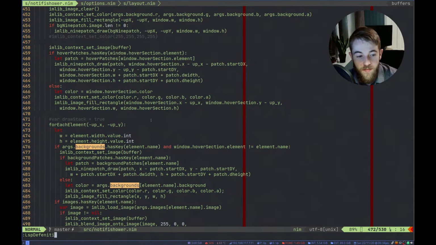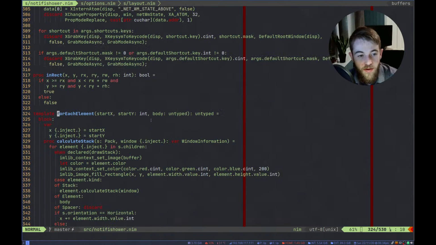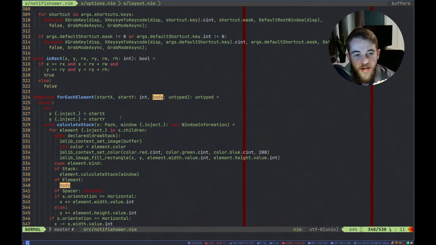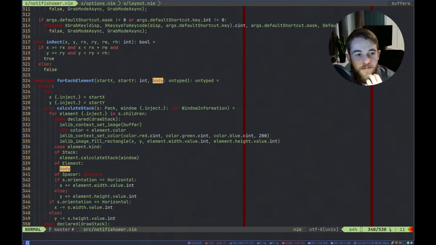which, if you go to the definition, will only run. So this Nim template, basically they do AST substitution. They're kind of similar to macros in C, but with AST instead of just pure text.